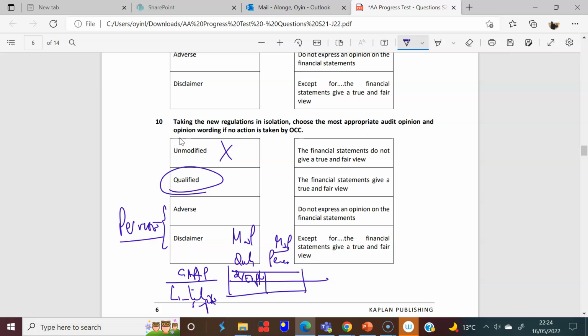And so here, this of course would have been qualified except for, here would have been adverse, not true and fair, and here would have been disclaimer of opinion. So it's not adverse, because it's not perverse, which disqualifies these two. So it's qualified, and therefore qualified except for. So the accounts are true and fair except for this failure to recognize this disclosure. Cool, great stuff. Okay, and that's the next 5.